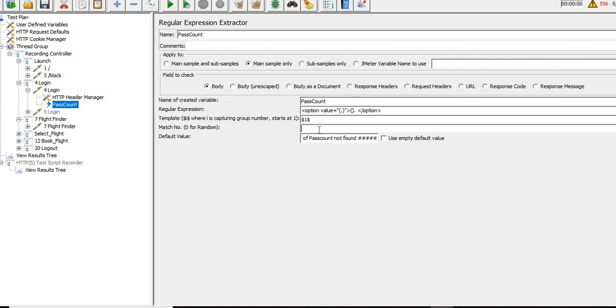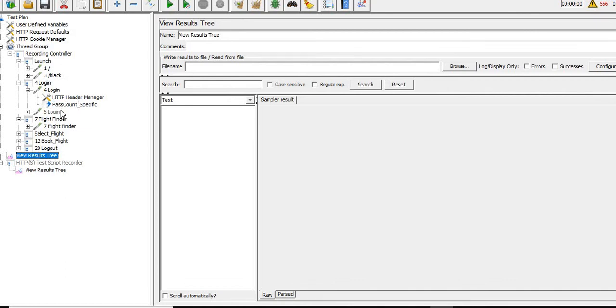Now which match do we want to pass? Let's say at the initial level we are working with the specific one, so we are giving it the name specific. For specific, let's say I want to select the third value. So I'll pass 3 over here. When I replay it, we will see what value we are getting. Let's replay the script. I'm not going to save it for now. It is asking for that, but we'll do it later on.